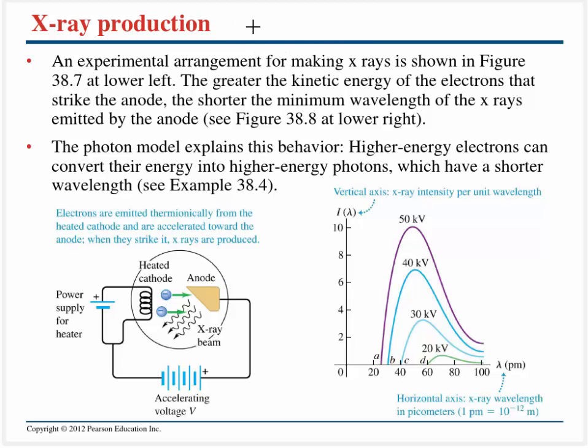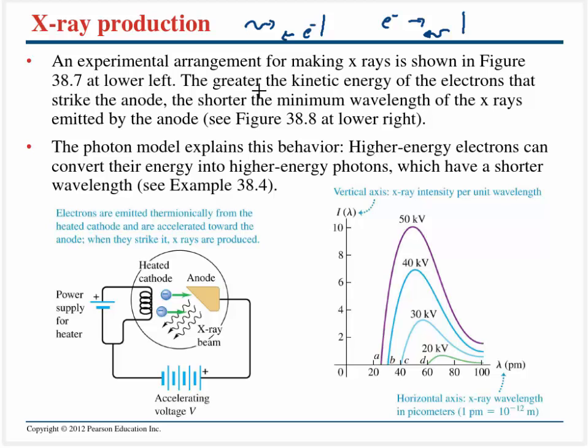So let's go ahead and talk about kind of a reverse photoelectric effect. It would make sense that if we took some photons and ran them into a surface and ejected some electrons, that if we took some electrons and slammed them into a surface, then we should be able to produce photons. And the wave theory of light did not quite support what we actually observed,